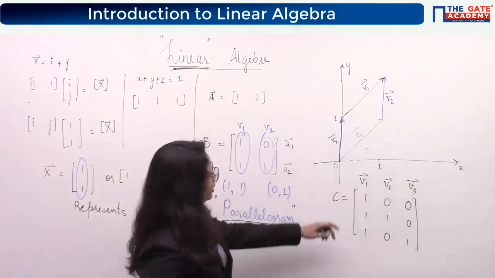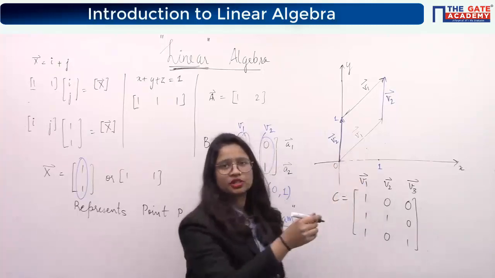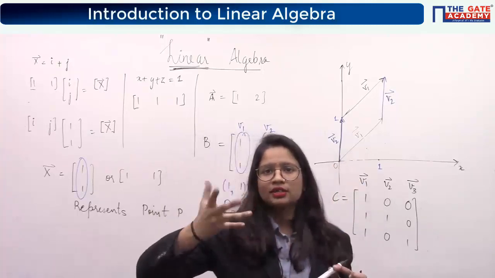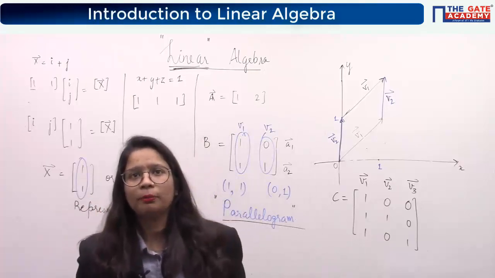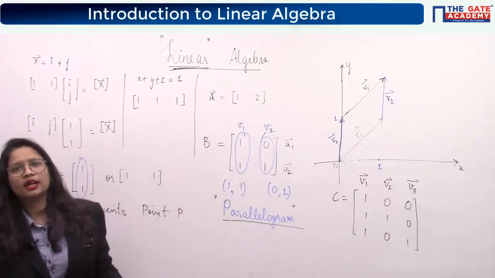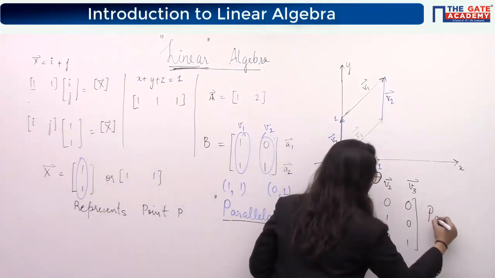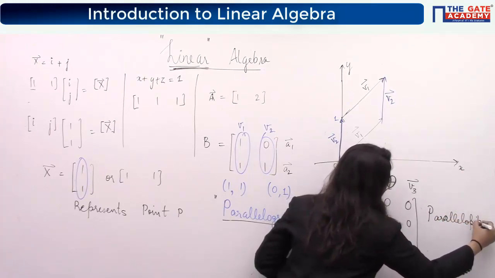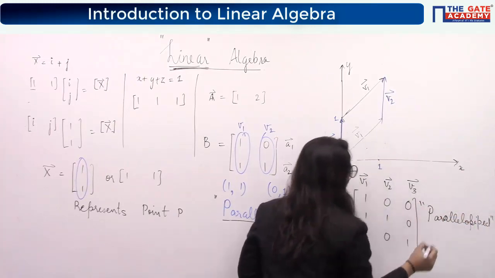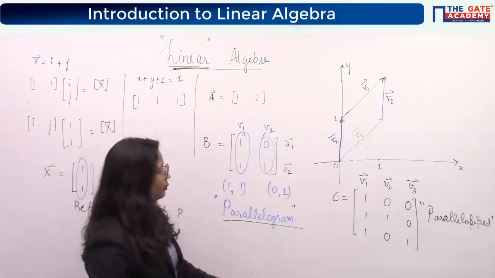Let's say these two vectors were like this. If I add a third vector in the third dimension, then obviously you will get a 3D quantity which will be known as your parallelepiped. Udit, very good. This will give you a parallelepiped. So physically this will represent that. I think you have understood the point now, how we are saying that this is a parallelogram.